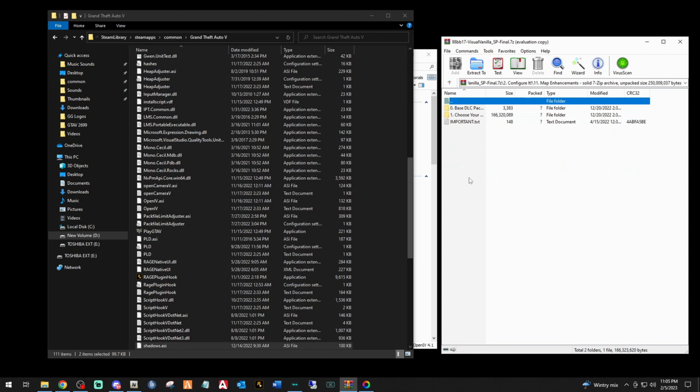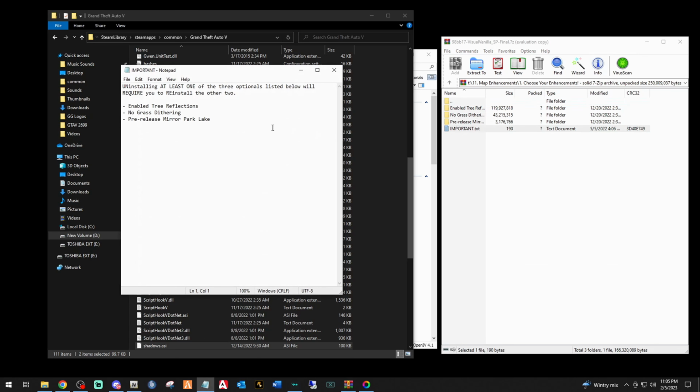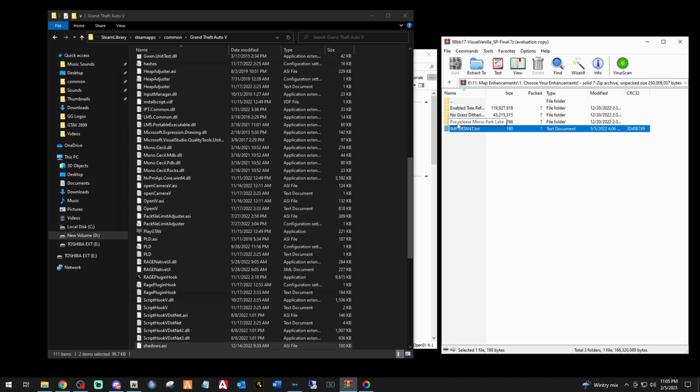Let's double click that. Base DLC package required. Choose enhancements. What kind of? No grass dithering. Enable tree reflections. Pre-release Mirror Park Lake. Let's see what this has. Uninstalling at least one of 3 optionals listed below will require you to reinstall the other 2. Okay, so